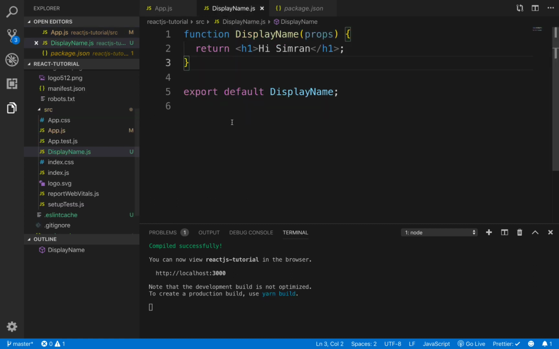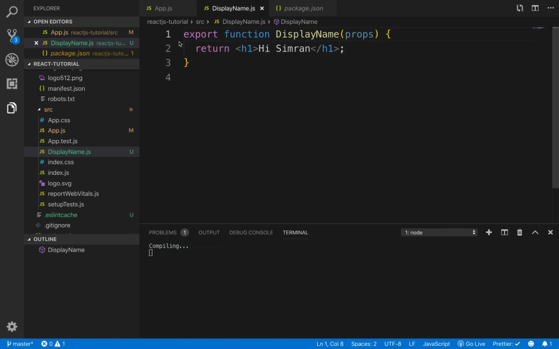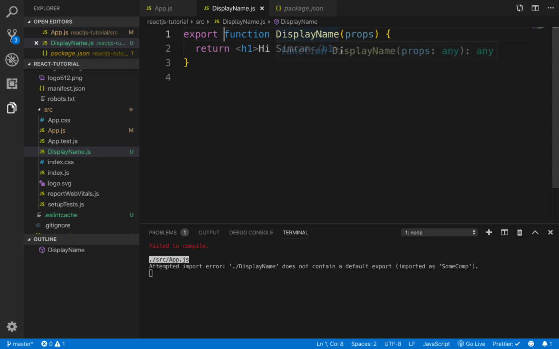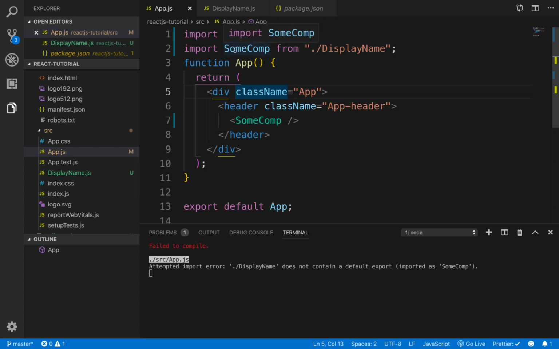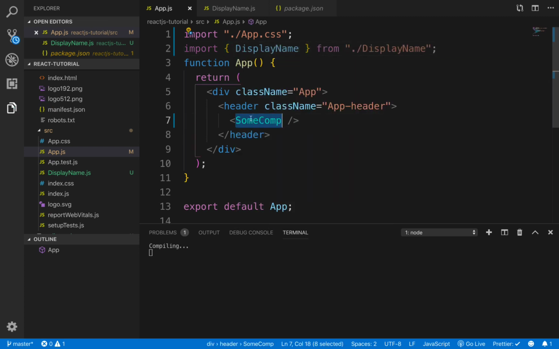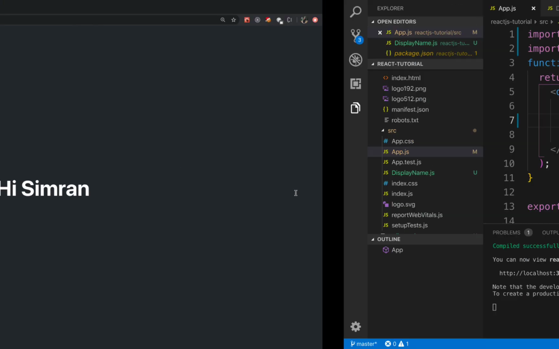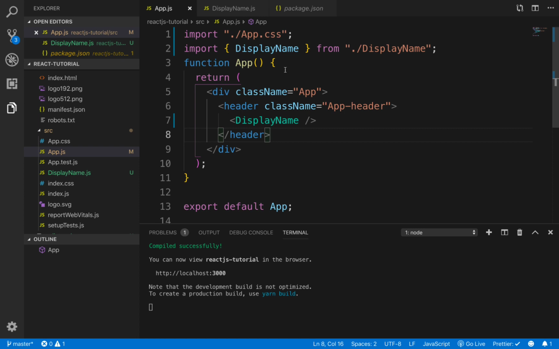That means there is no restriction on using the same name. This is what a default export is, but we can also do a named export. So now let's do a named export. We can basically remove this from here and simply say that we want to export this. So you're exporting it by the name display name. So this is what we mean by named export. So here we can't say some function, instead we will have to give the exact name in curly brackets. So I'm going to say display name, and here again we need to use display name itself, and now let's check.